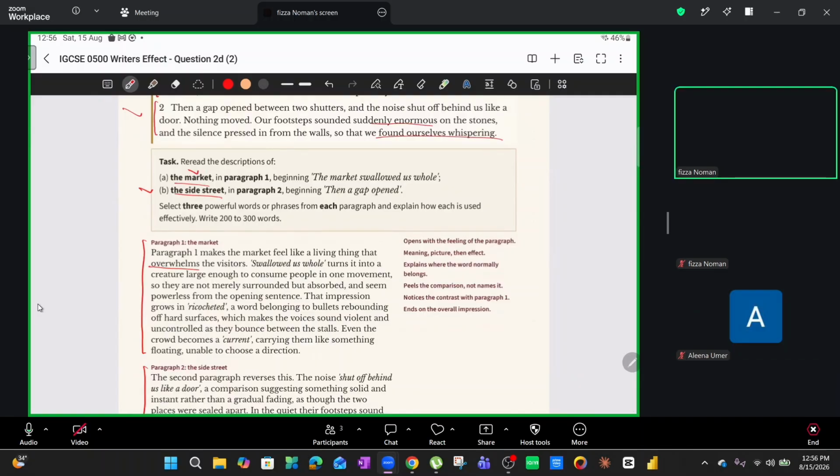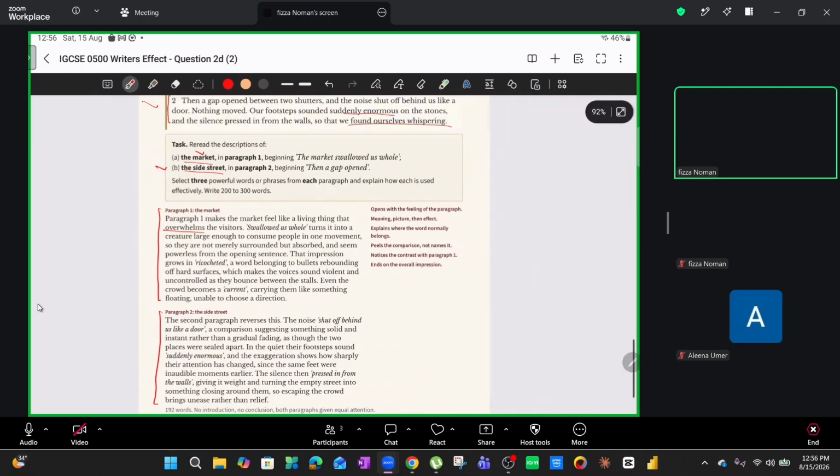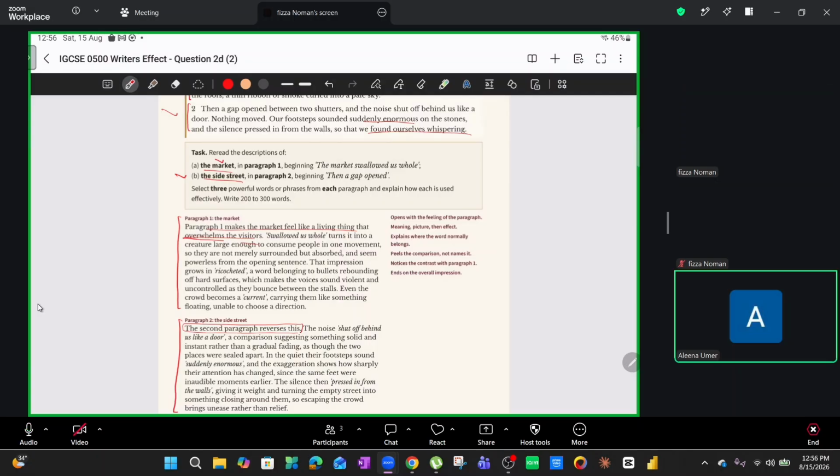Okay, that's it. So you see, wait. The second paragraph reverses this, right? First, beta, we have to give an overview. Overview is extremely important as well. One line has to be an overview line, not an introduction, just an overview of what this paragraph is about. Make sense, Alina? And Cambridge is particular about this, you get marks for this. So each paragraph needs to have an overview. That's important, beta. Okay?